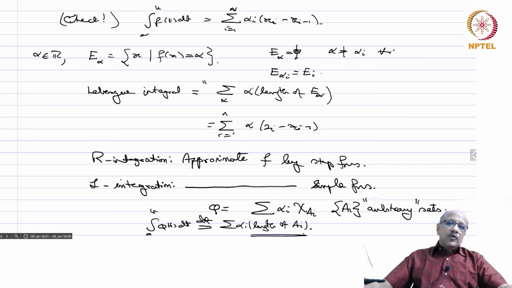Well, we can't do it for all sets, we will see that, but this is the notion of a measure. This generalized notion of length or area or volume, or in general, you can do it on any arbitrary set, is what we are going to do, and that is the abstract theory of measure, from which we will develop the theory of integration. So next time we will look at that.